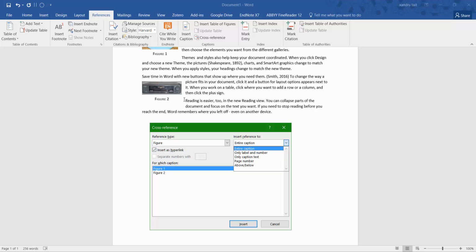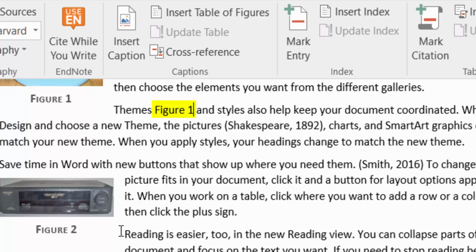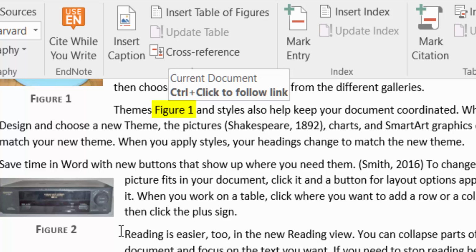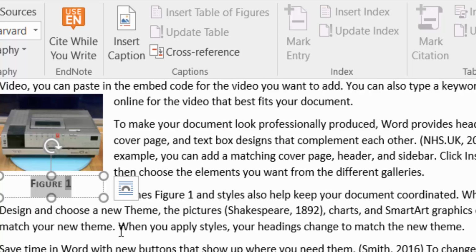Insert reference to entire caption, and you can choose which format or page number. I'll do entire caption, so when I click insert, you see it's giving me figure 1 at the top. Click close. If I hover over that, see it's now got a hyperlink. Hold control and click on it, and it jumps straight to the picture above. Just a great way to cross-reference your captions and your pictures in a document,